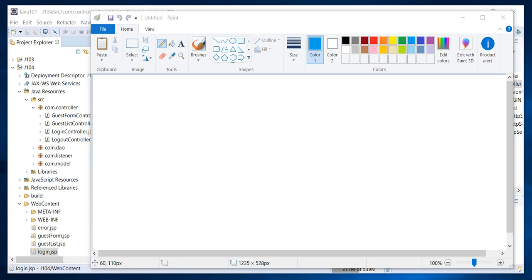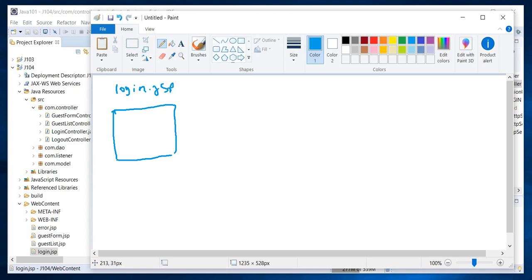I'm going to have a page which is login.jsp, and within that page I have an ID and password, and then I have a submit button. Okay, so this page is for an administrator who will be accessing with the ID and password, and then when they click on submit we'll be moving on to the